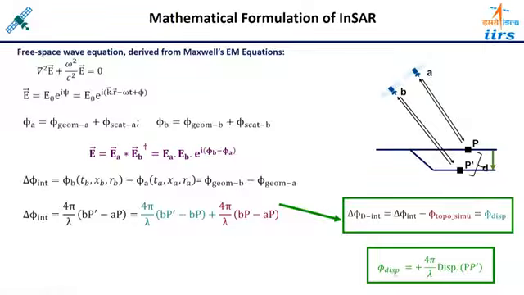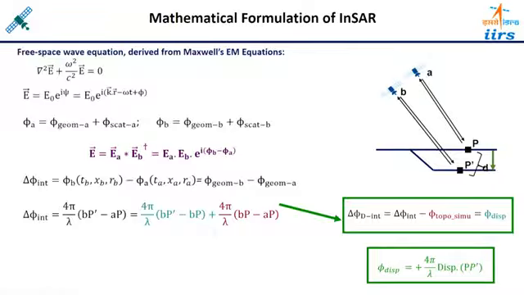So this phase displacement phase you can calculate from this relationship 4 pi upon lambda. Lambda is known, 4 pi is constant, so this can be calculated. So by this way, by combining the phases of the two SAR signals, we can calculate the deformation in this particular manner. Okay. So from these equations we understand the interferometric phase is equal to the deformation phase plus